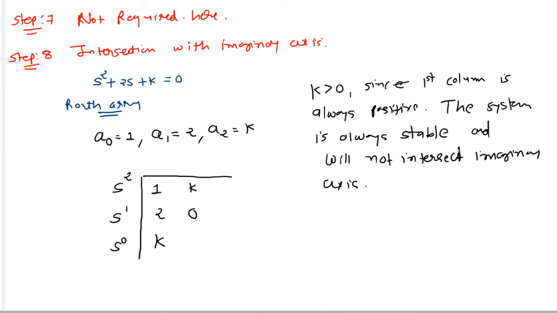Okay, now it's time to draw the root locus for our transfer function. So I'm drawing this vertical line, that is our imaginary axis, and that is our real axis. That is our vertical axis, that is our real axis, and that is given by j omega and minus j omega, minus sigma, plus sigma.